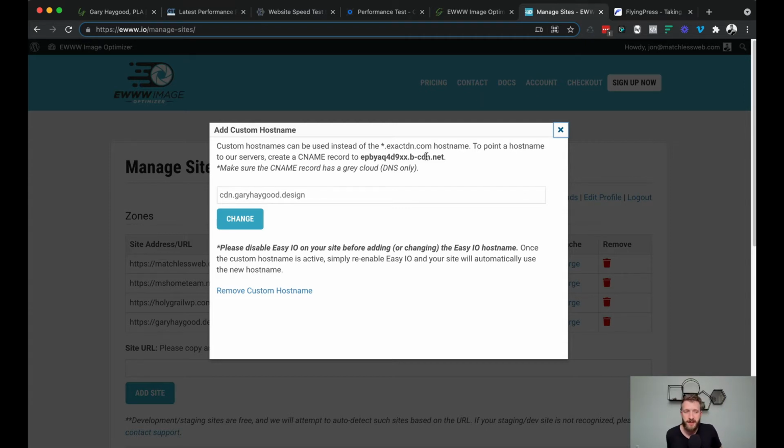I got it off of a recent AppSumo deal. I got the lifetime agency deal they were offering. It was a great price for what all you get. But one of the premium features that you get is what they call Easy IO CDN, which is effectively a BunnyNet CDN. And if you're not familiar with BunnyNet, it is one of the most popular and cost-effective CDNs